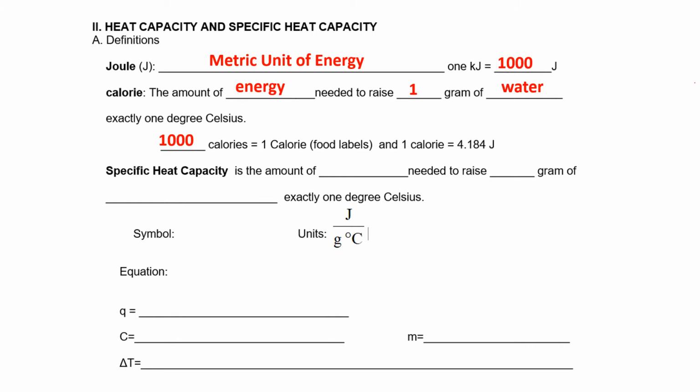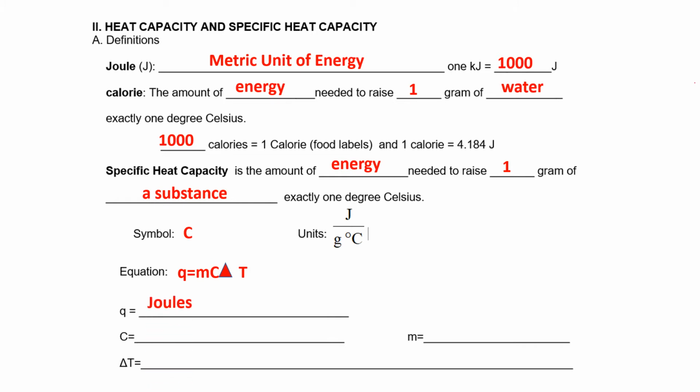So we defined specific heat capacity before as the amount of energy needed to raise 1 gram of a substance exactly 1 degree Celsius. So the symbol for specific heat capacity is C, and the units are joule per gram degree Celsius. We are going to use this equation, Q equals mc delta T, and we're going to be solving